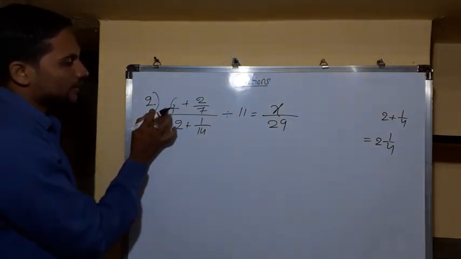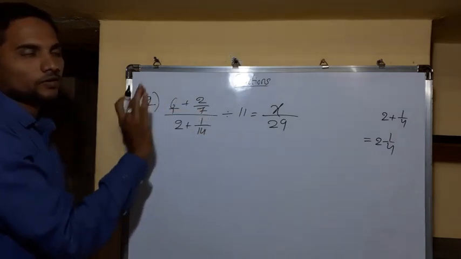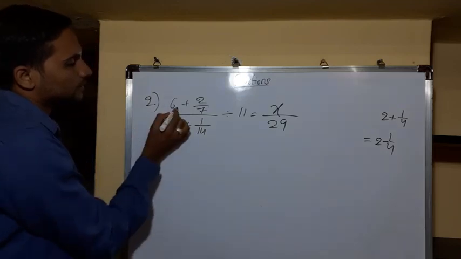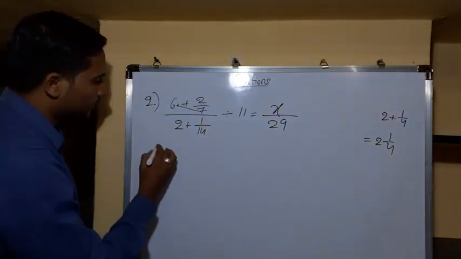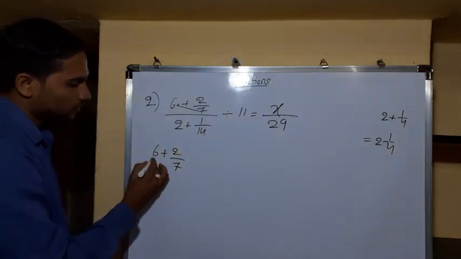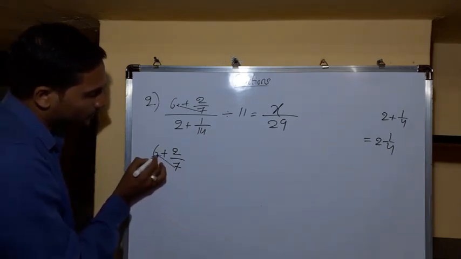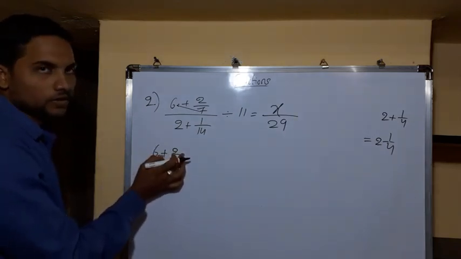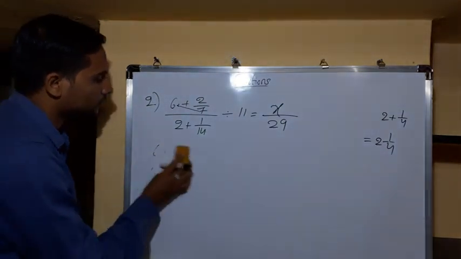See, either you take the LCM, 6 by 1 plus 2 by 7, take the LCM of 1 and 7 and do the simplification. Or one more better way I suggest, friends. See, directly you can multiply this, right? See how it is, 6 plus 2 by 7. What I am suggesting, don't take the LCM. You directly multiply this, friends. Directly multiply. 7 6s are 42. 42 plus 2 is how much? 44. 44 by 7. So after simplification you will get how much?